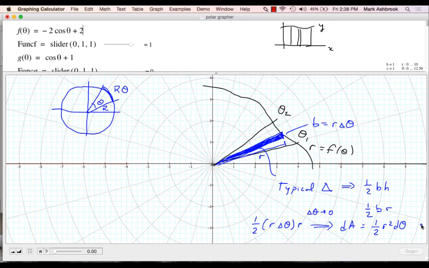So our typical triangular slivers that are going to fill up from the curve to the pole, it's always going to be like that, from the curve to the pole. Each one of those has a little area of 1/2 r squared d theta, which is really the area of a triangle. Do you see it? So the area of this whole thing then would be